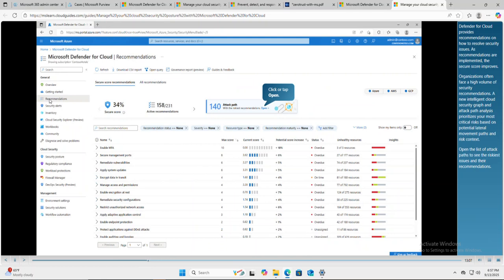Defender for Cloud provides recommendations on how to resolve security issues. As recommendations are implemented, the secure score improves, so this is something that you will be working on constantly. Organizations often face a high volume of security recommendations. A new intelligent cloud security graph in attack path analysis in Microsoft Defender for Cloud prioritizes your most critical risks based on potential lateral movement paths and risk context, which is really important in a modern environment,